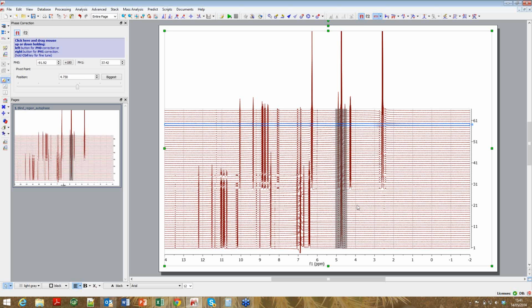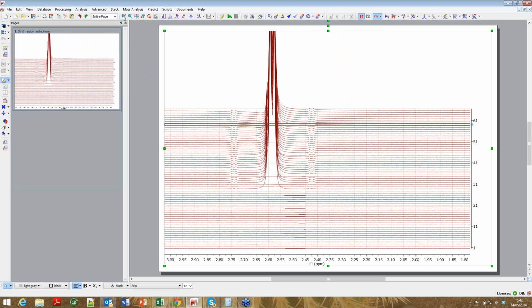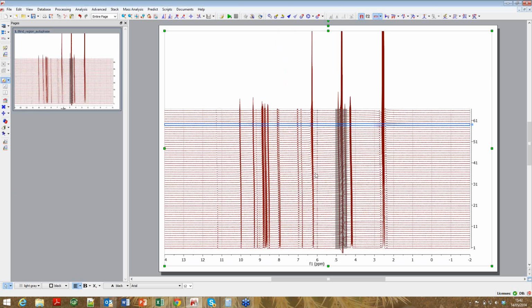It's obviously failed in this case, so not a bad lesson learned. If it can fail, so let's undo that, and we won't do alignment on that peak. Why it fails can depend on cases like, in this case I've got a doublet, and it would work better with a singlet,